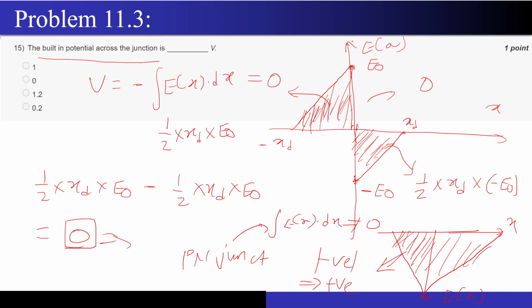And who is the main culprit? The electric field profile that you saw. And who is the main culprit of the electric field profile? The charge density that you saw, correct? So this was a unique question where, if the built-in potential is zero, yeah, exactly, it will behave like a conductor.